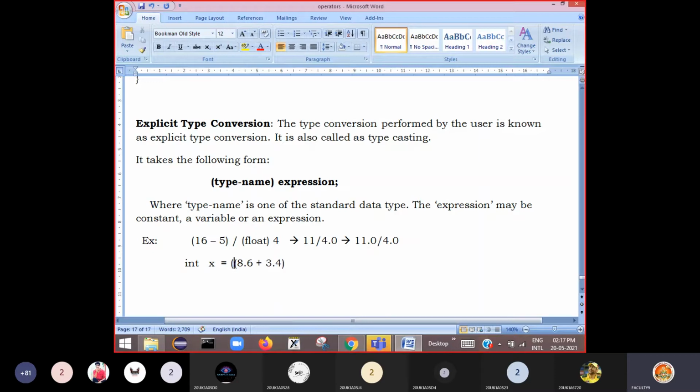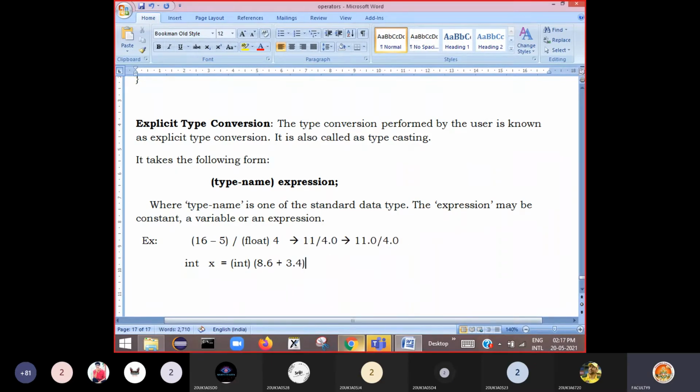Whatever type I want to convert to, I can write it in front, here int. Now 8.6 plus 3.4 will be calculated here. Then the result will be converted into integer type and that integer number will be stored in x here. Now, if you don't write a parenthesis here, what happens?